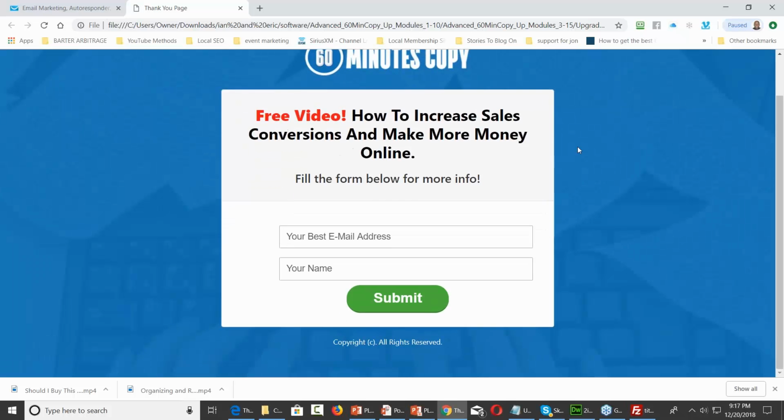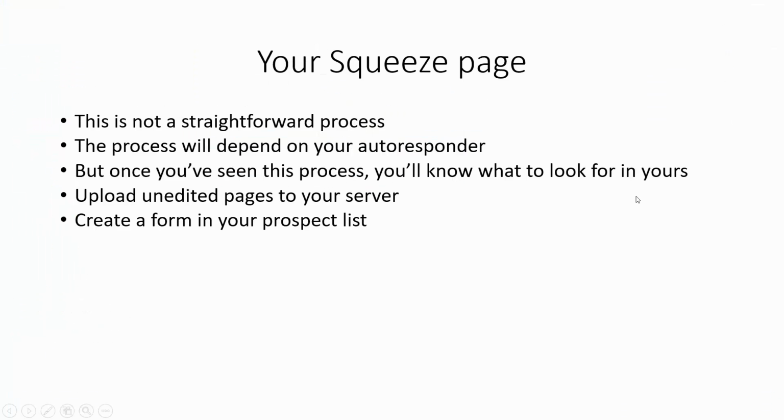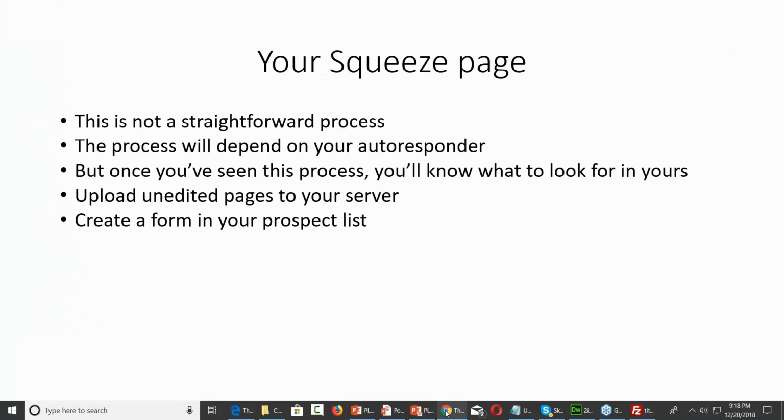Okay, so that's probably not quite what we want. Right? We probably need this to be a little wider. And we may or may not want that green submit button. So we want this to be a little bigger. We may want this form to be a little wider. So we've got JavaScript. So what we can do now is we can go back inside of